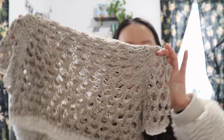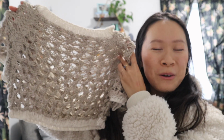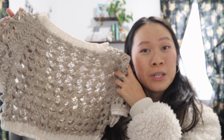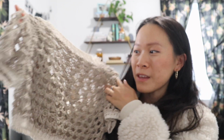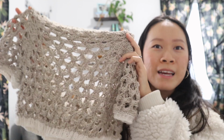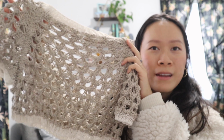I'm not really sure how this fits into my normal everyday wardrobe. I'm not sure if I'll be wearing this very much, but then again, it is pretty cold right now and I'm not thinking of wearing anything this summery at the moment, but maybe when next summer comes around and it's really hot, I'll pull this out a little bit more. So yeah, I think it's great to wear over bathing suits or a bralette, and I knit this in a